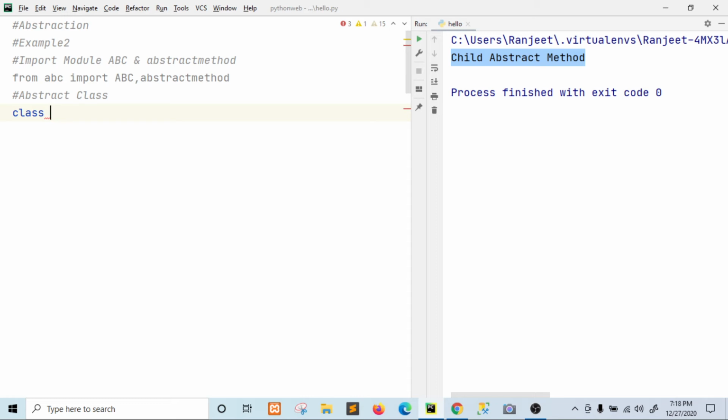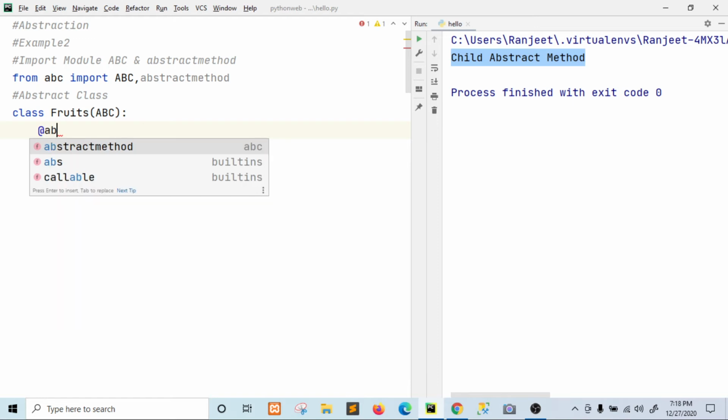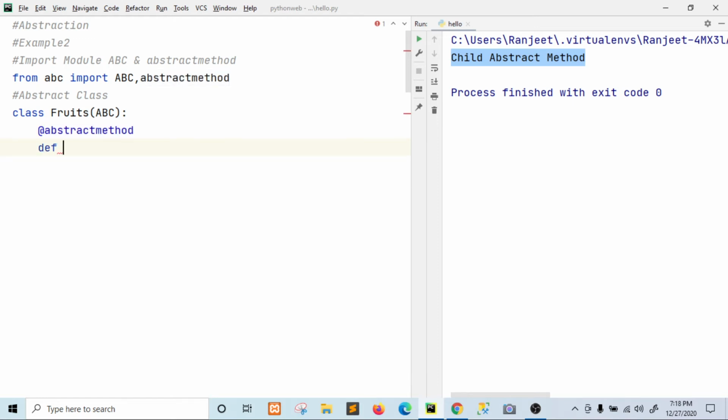Suppose we take a class Fruits and pass abc. Define the method with @abstractmethod, def taste, and simply pass this method.